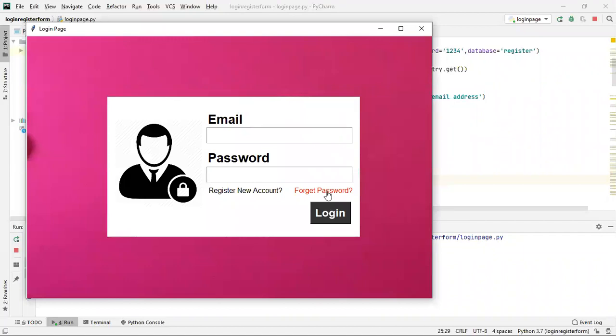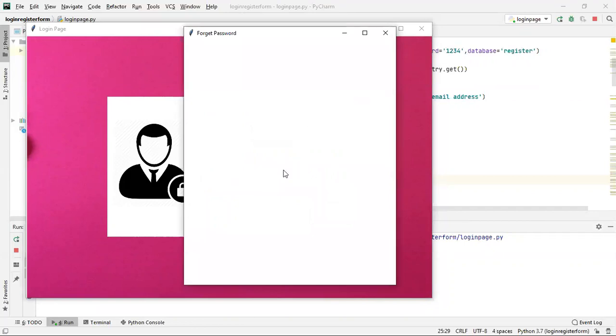So if I enter the mail ID and click on forget password, this window is displayed. Now if I click somewhere else, this window is not getting minimized. So this is the focus that we are setting here.